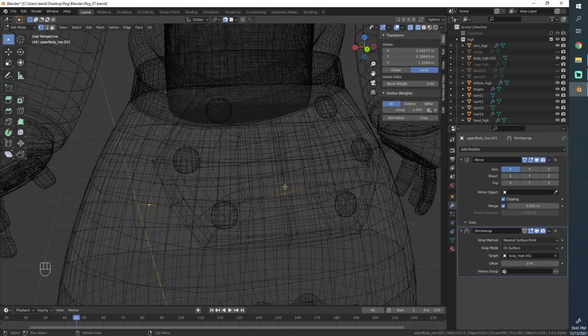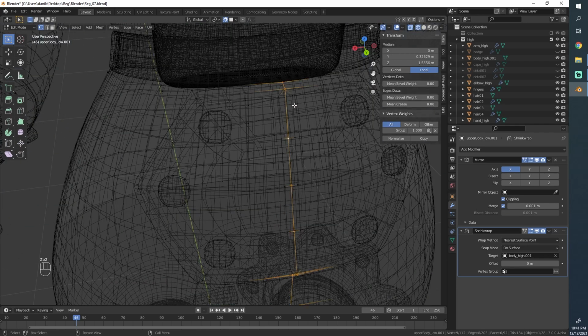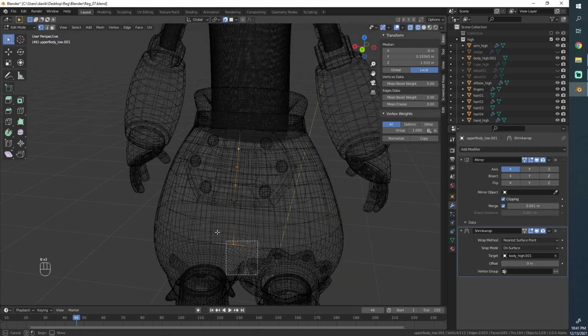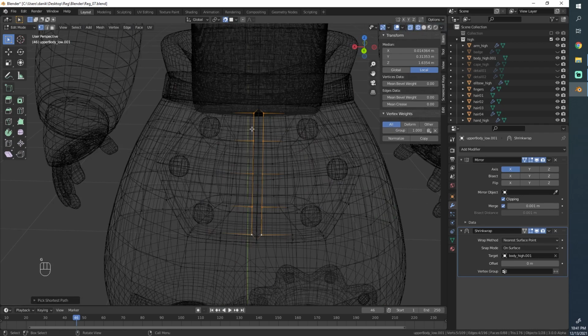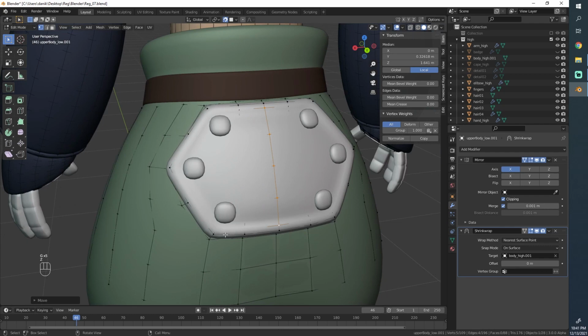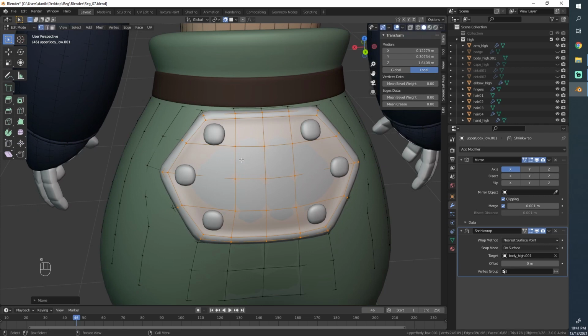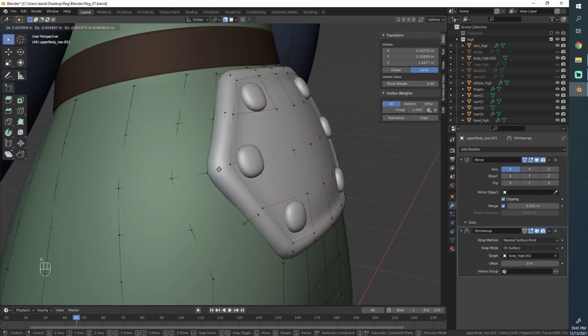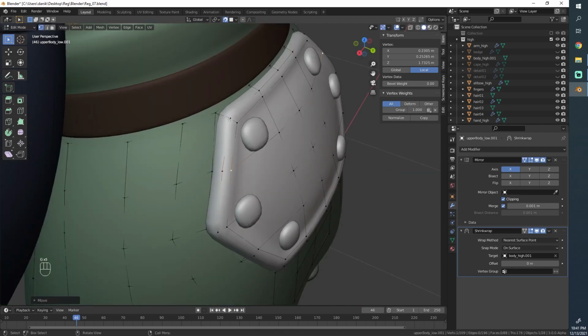Now we have a little bit of an issue here in the middle, so let's just delete these few points. We don't need these, we don't need these. And then we just have to stitch it up again. With control click you can select a line that connects from here to here. So we'll just move them together, and because of clipping they snap together nicely. Now I'll select this whole area again and just move it a tiny bit and confirm, just so it snaps all to the surface. And now I see all my points again, so now I can go in and adjust them manually a bit better.